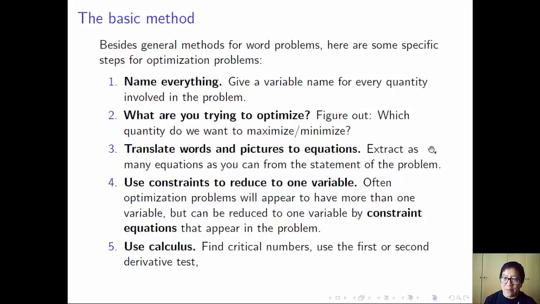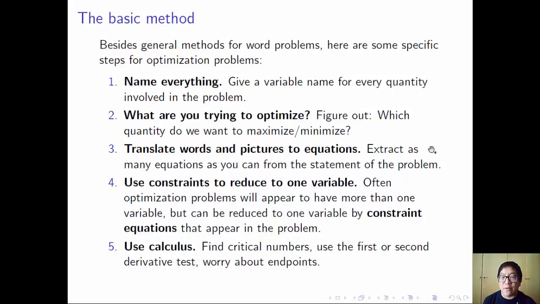You find critical numbers, and you use the first or second derivative test, and you worry about the endpoints, all to figure out where the absolute maxima and minima are. Hopefully there is one. I mean, if I, as the instructor, give you a problem where there is no absolute maximum or minimum, that's sort of dirty pool. So hopefully there is actually some absolute maximum or minimum for your problem, and then you will find it using